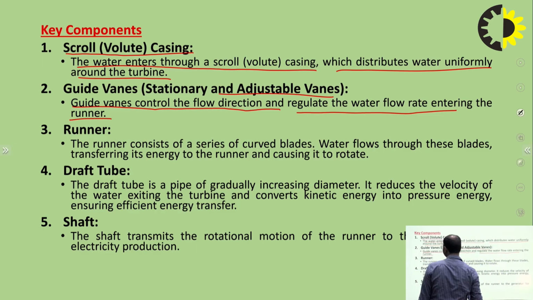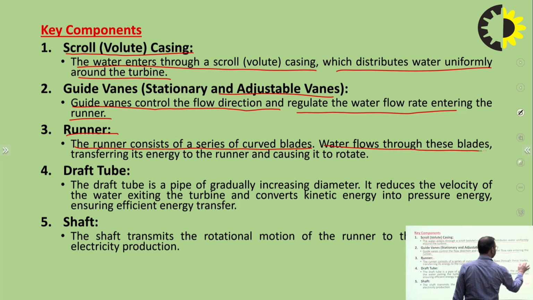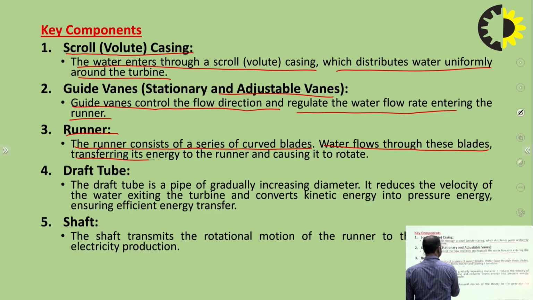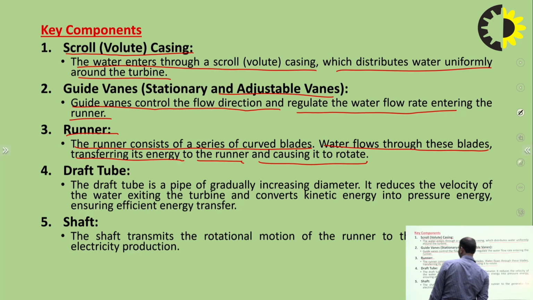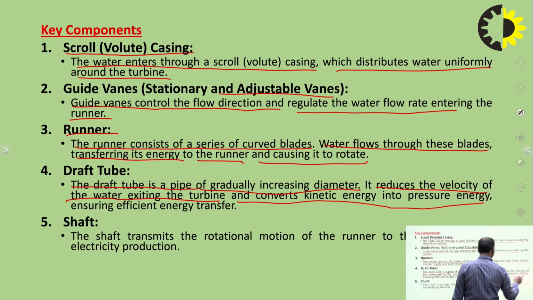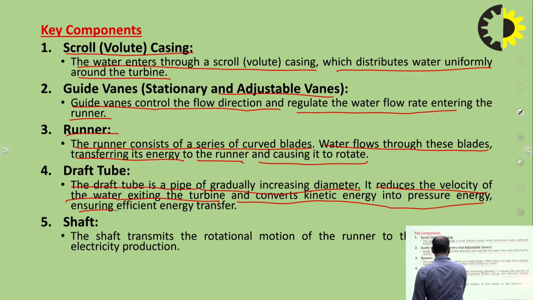Then third component is runner. Basically, runner consists of a series of curved blades. Water flows through these blades, transferring its energy to the runner and causing it to rotate. Then draft tube. The draft tube is a pipe of gradually increasing diameter. It reduces the velocity of the water exiting the turbine and converts kinetic energy into pressure energy, ensuring efficient